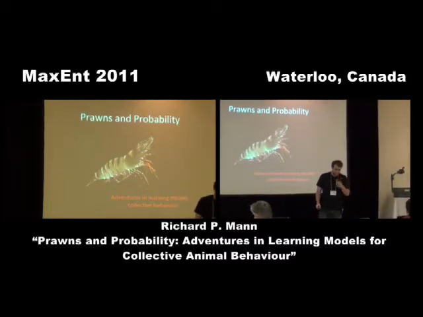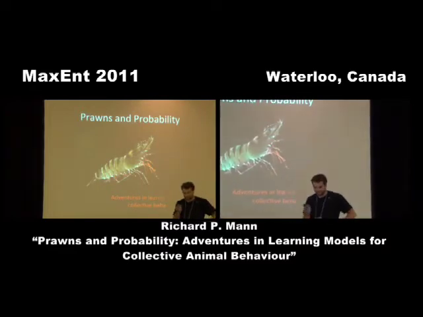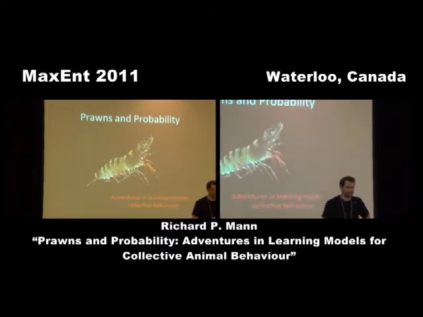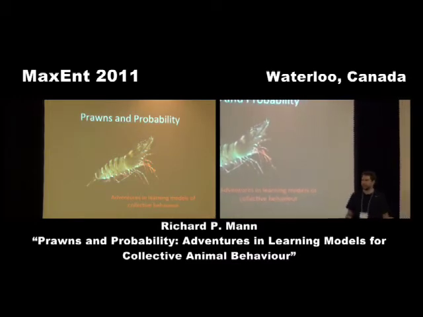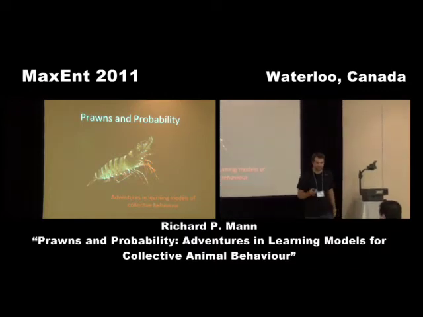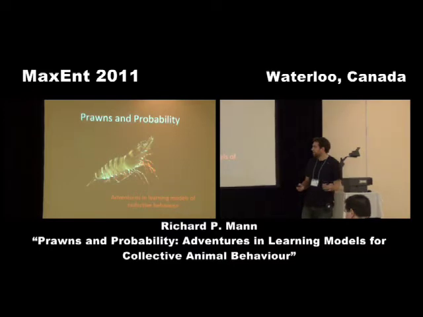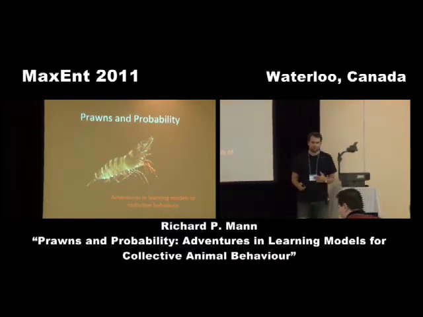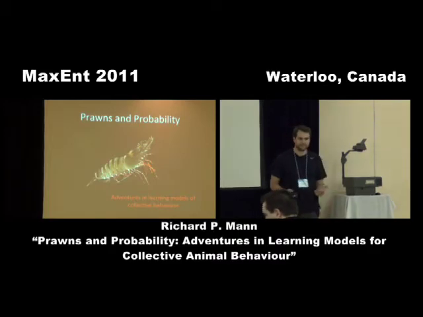So yeah, as the title suggests, I'm going to talk to you about prawns and probabilities, specifically about an experiment that we've been doing in Uppsala for the last year, looking at how we can match models of collective animal behaviour, which have existed in quite a well-developed form for the last 10 to 15 years, with much of the empirical data we've been collecting for perhaps only 5 to 10 years, which is based on video analysis and tracking